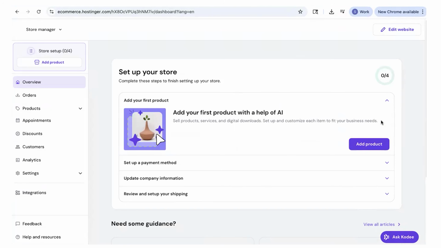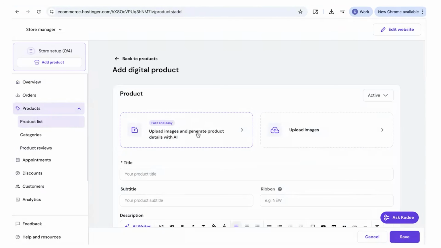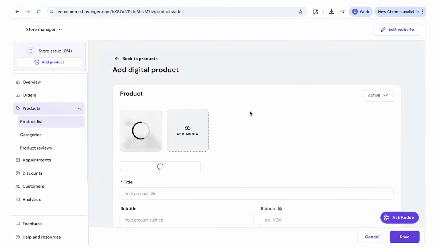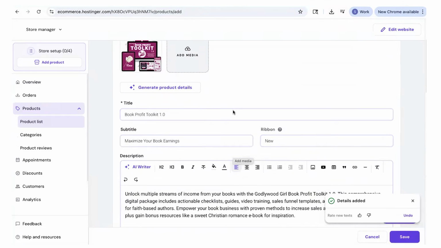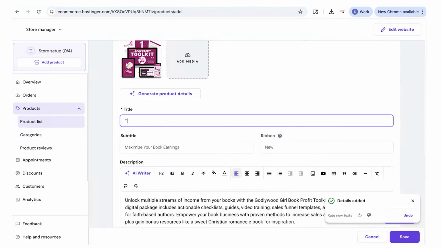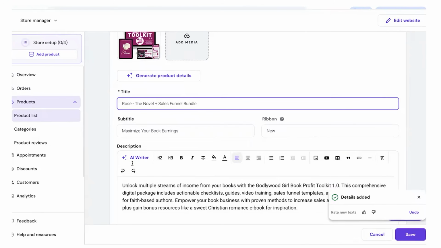So here we are in Hostinger. So go ahead and click Add Product, and mine is a digital product. Upload that image you created. So I created the bundle image, but you can also just upload your front cover too if you want. And Hostinger is going to write you a product description based off what's in your image. It's really cool. Look at this. The Book Profit Toolkit. Unlike multiple streams of income, this is amazing. So I'll just put Rose, the novel, and sales funnel bundle.